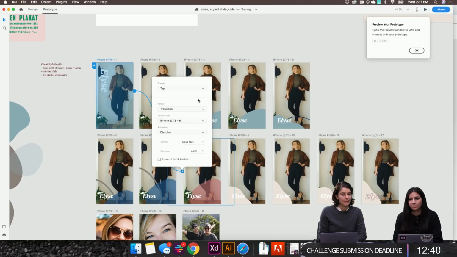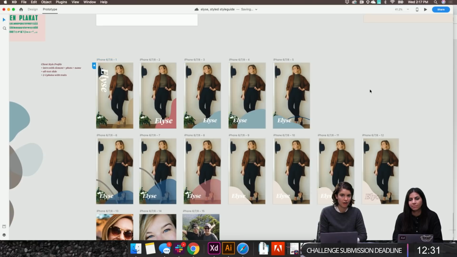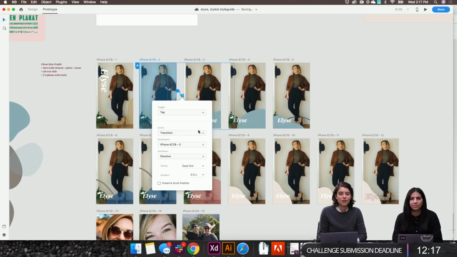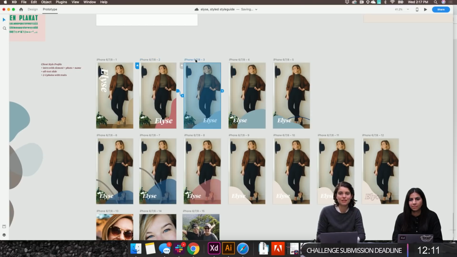and then you can specify how you want that transition to be. This is giving me a hint about how to preview my prototype, which is really helpful. Thank you. One thing that could be fun that I can demonstrate really quickly, I'm going to take this off and make this the home artboard. I want to see how auto animate works on these, because I'm using sort of the same element. We'll see, it could be not that exciting, but we can try.